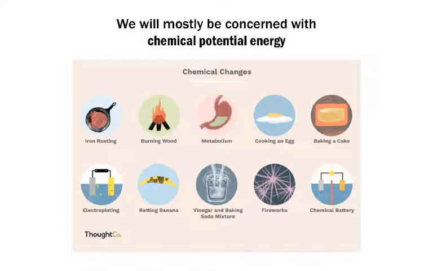So in this course, obviously this is a chemistry class, we're going to be looking at potential energy from a chemical change standpoint. So again, there are lots of ways that this can be broken down, but chemical potential energy is due to the composition of your substance. And here's another Thought Company infographic with some more examples. So all of these have to do with chemical composition changes and the associated potential energy changes of those.